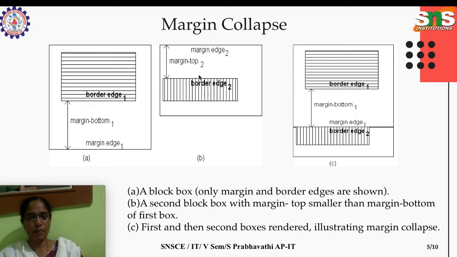Okay, the same thing is given here in pictorial representation. We have two block elements, one block element here with the margin as this much space, and this block element has to be placed vertically below this first block, whose margin is margin top 2. When the two elements are placed, it will pick the biggest one. Margin top or margin bottom, which one is bigger? By seeing visually we could say margin bottom one is bigger, so that much space is allotted. That's the concept of margin collapse. These things are automatically done by the browser.